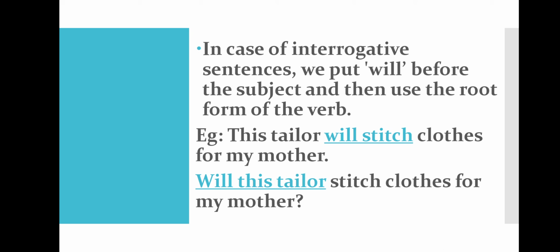Okay, I'll say it once again. For making an interrogative sentence, we start the sentence with will, then the subject of the sentence, then the verb or the action word, then the rest of the sentence, and then a question mark. This is how you make interrogative sentences. Now you have a few exercises in the textbook, on page number 38 and 39. Please try to do the exercises on your own so that you will understand it more, and you can check the answers after doing them on your own.